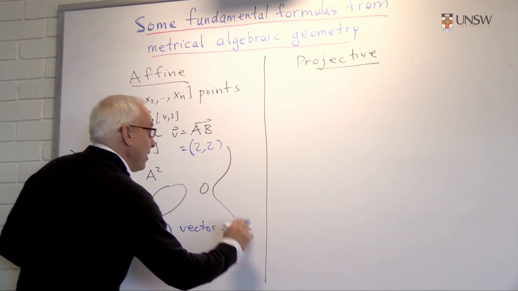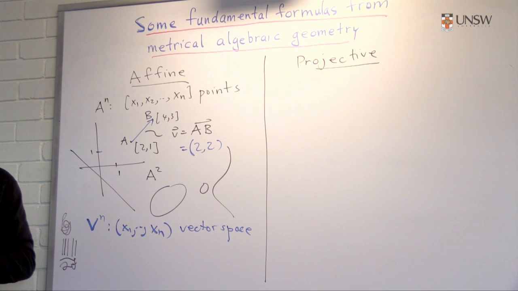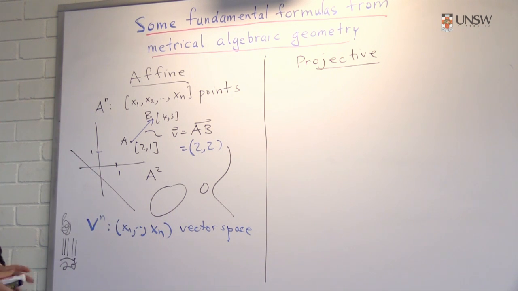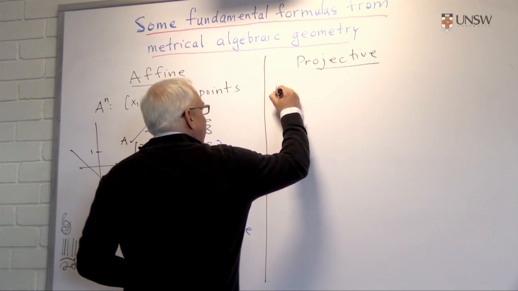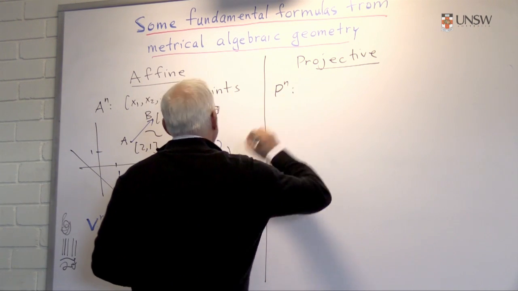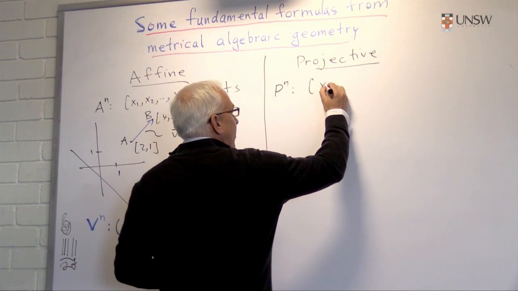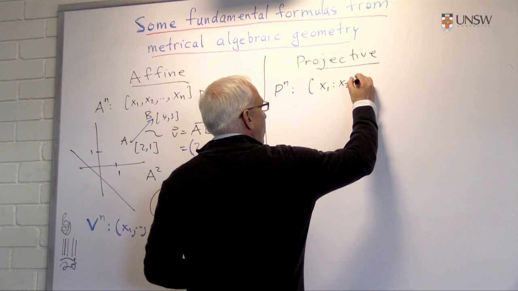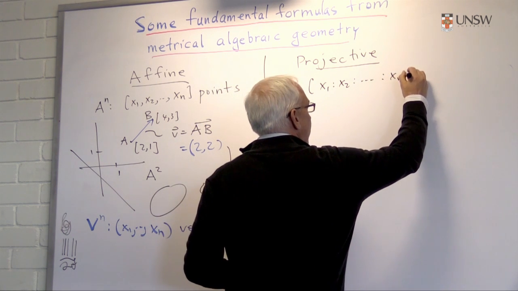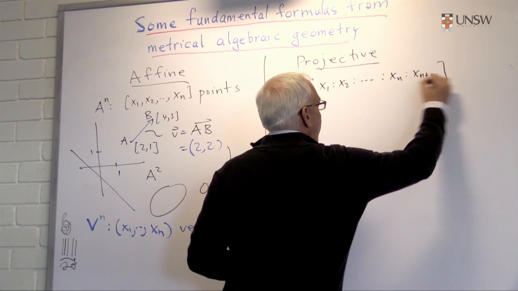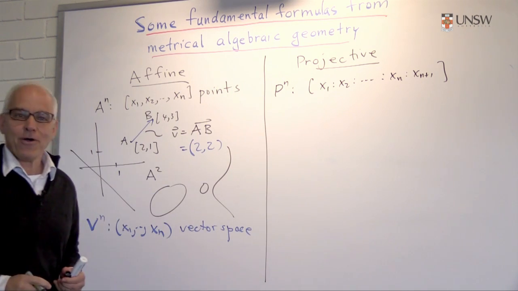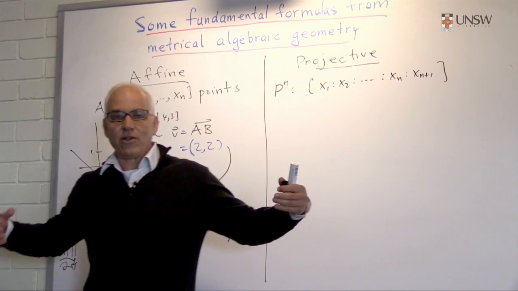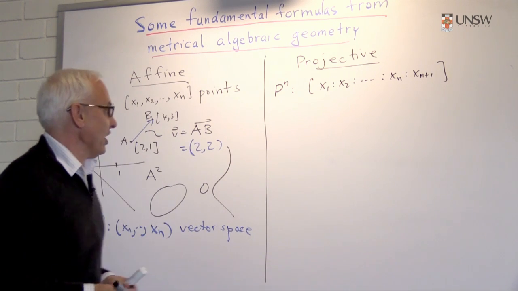Okay, over in the projective side of things, so this is the other side of the coin of algebraic geometry, we have projective space, and Pn consists of things of the form, say, x1 : x2 : ... : xn : xn+1. So this is a proportion now. And the meaning is that if we multiply everything by a non-zero scalar, then it fundamentally doesn't change.